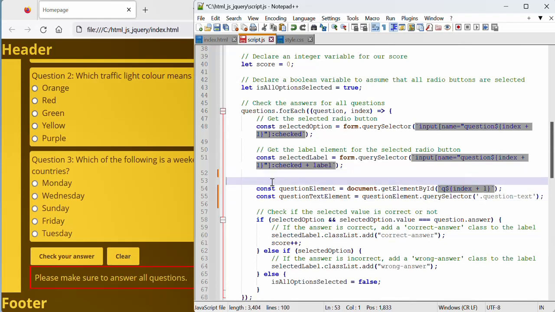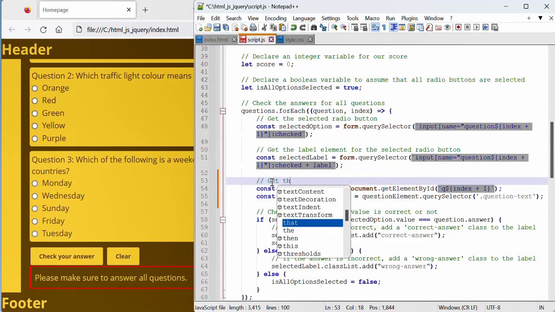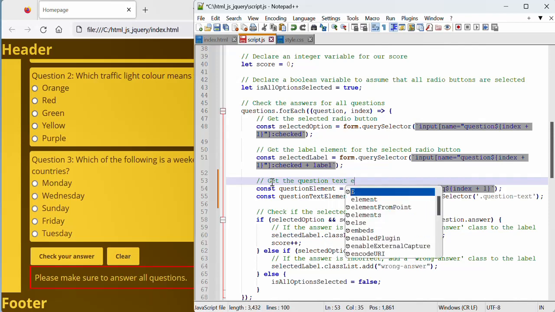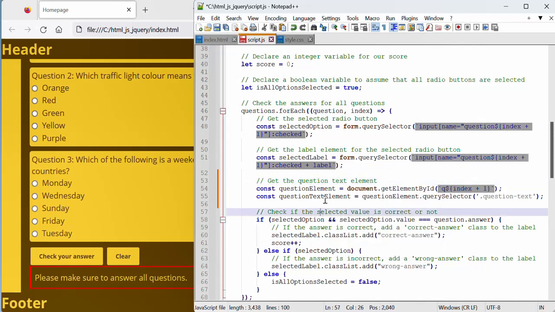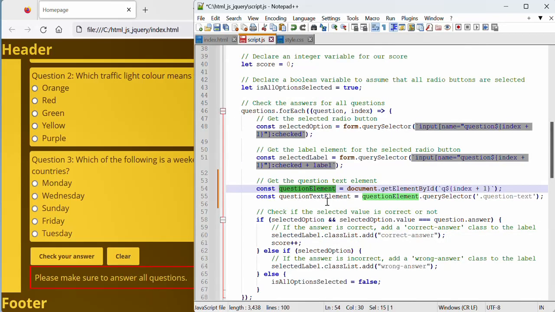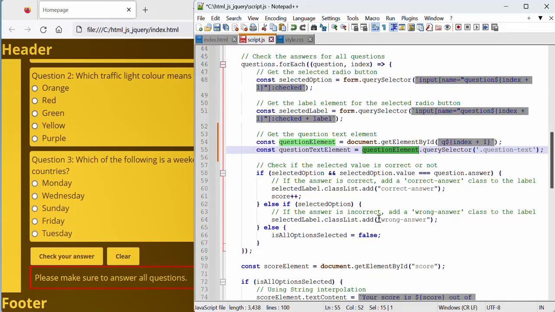And then what we want to say is, let's get the question element. Question text element, actually. Okay, so the first one gets us the actual question with that Q1 ID. Now we want to specifically target this part here, which is our question text element. So this part pretty much remains the same. Now in the else block,